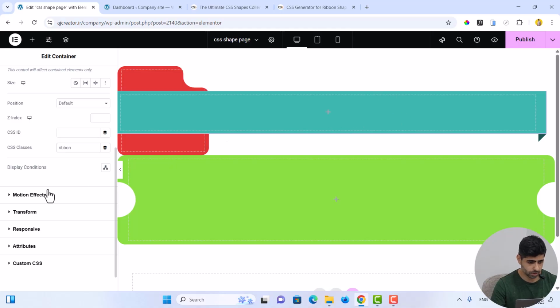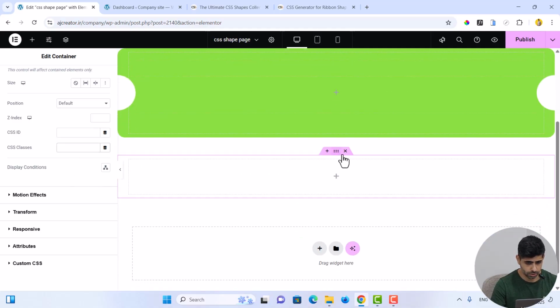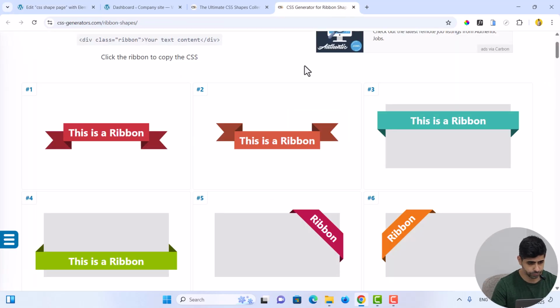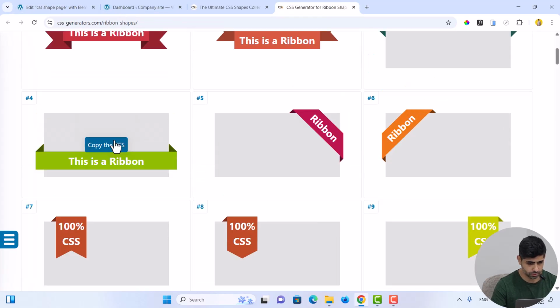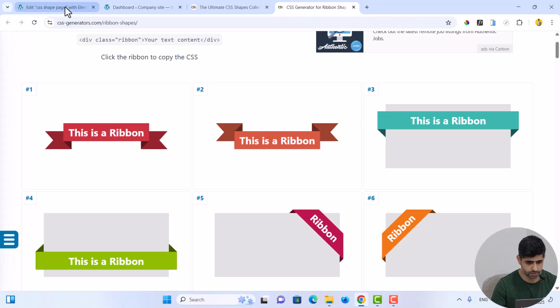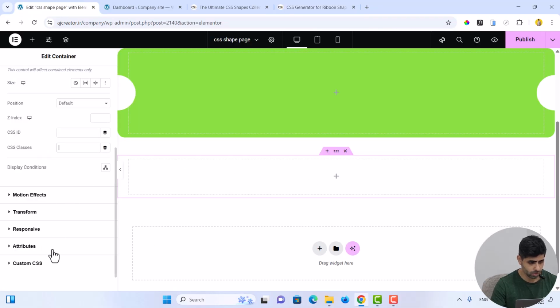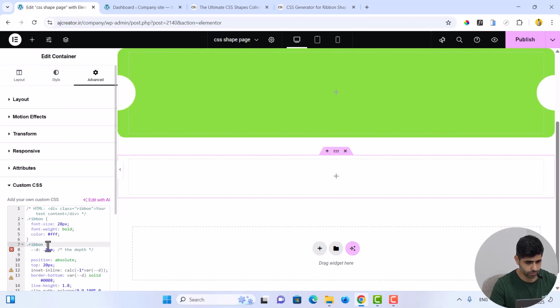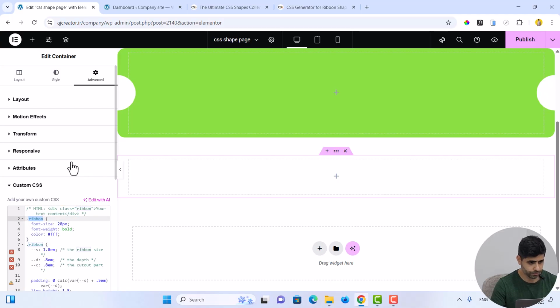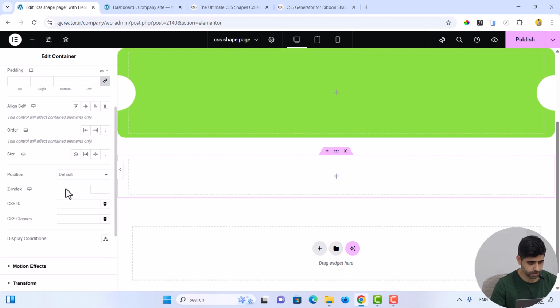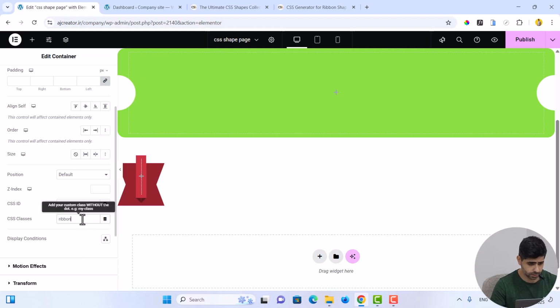Oh, it's not good. For example, set this ribbon, copy the CSS, and copy the ribbon class, CSS class. Yes, but